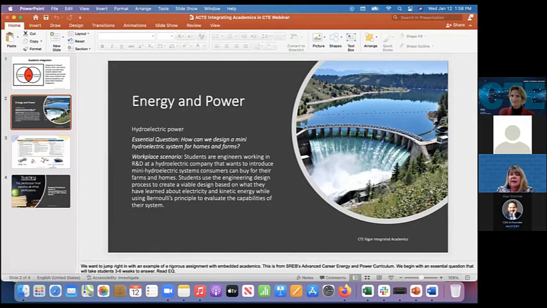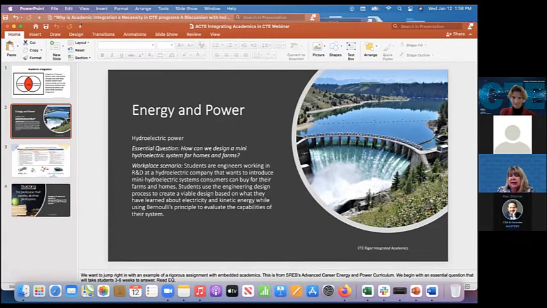Now, this is a high school curriculum. So we're asking students to learn the items that they need to know academically, as well as in their CTE field collaboratively,